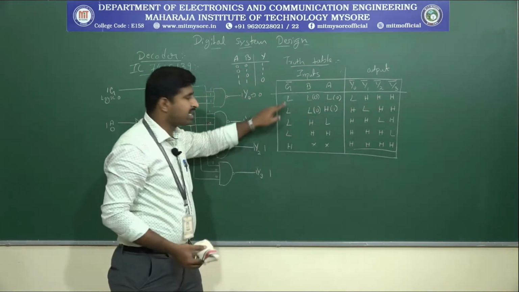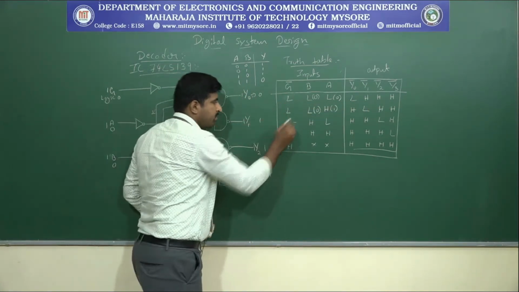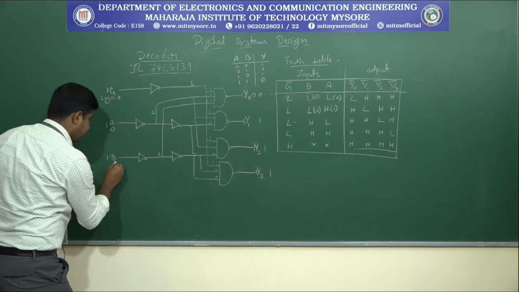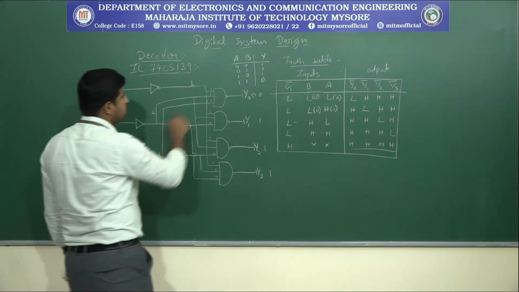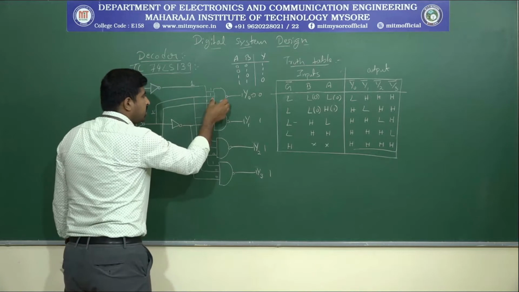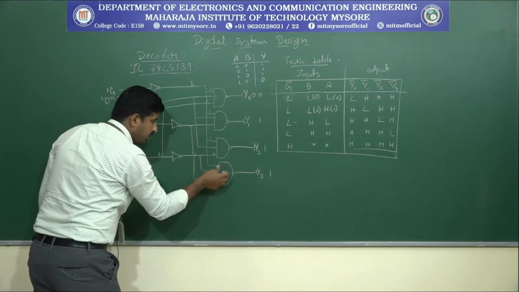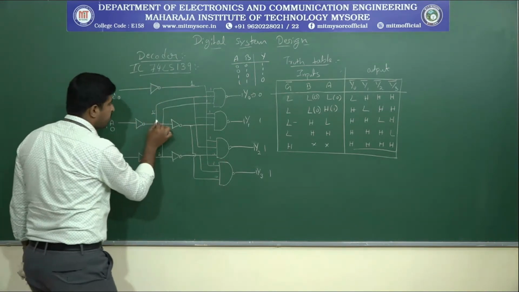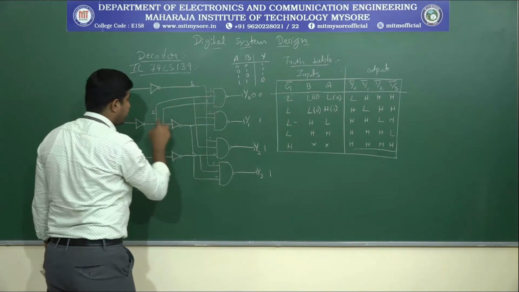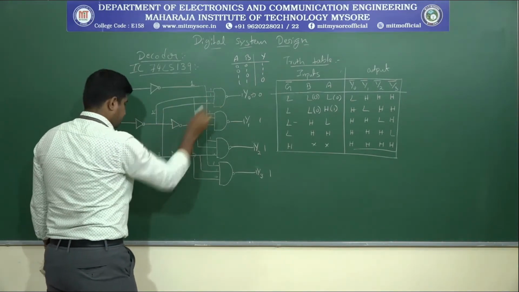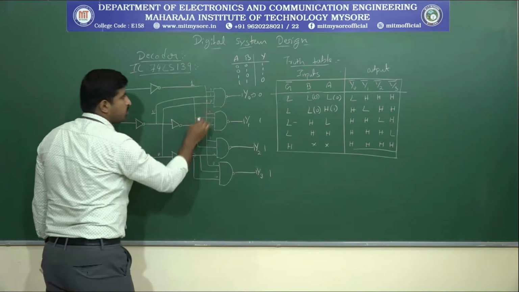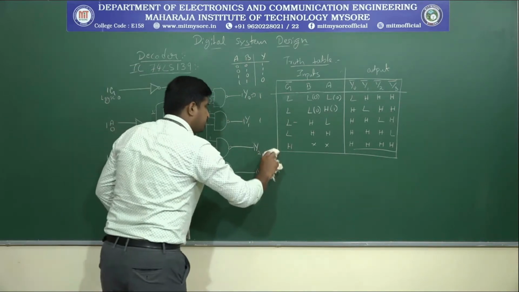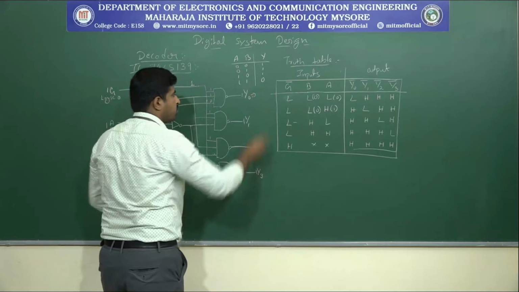For analysis purposes, let's take one more combination. Here B equals 1 and A equals 0. So this line will always be 1. Now let's analyze this part. Since this is 0, this will be 1, and this will be 0. When an input is 0, the output automatically will be 1. So I will change the outputs; this output will be 1 now.